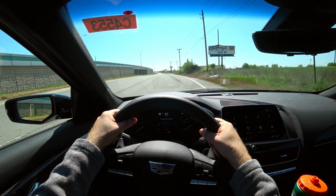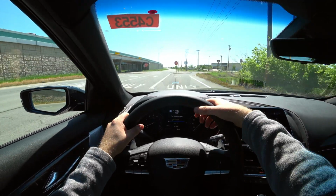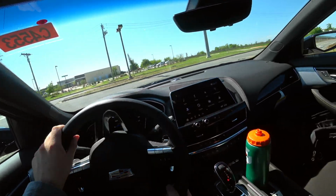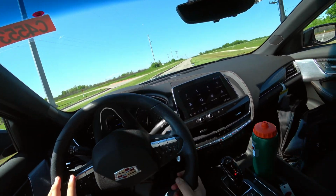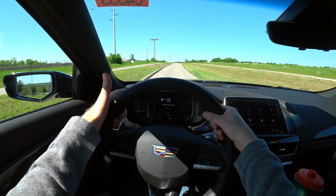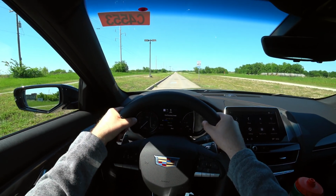Now the brakes on the CT5, they feel pretty good. You get some pedal right away. You don't have to mash on it. It's maybe a little bit softer than I kind of expected, especially compared to the CT4V, but that had Brembos as well. Now this is all-wheel drive, so